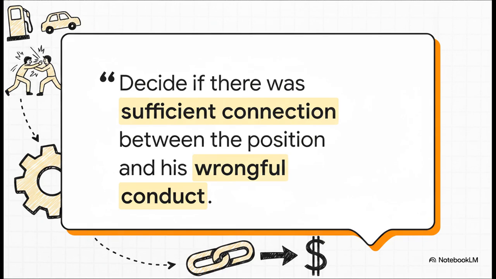And to finish off that second table, we need to ask, what if an employee is just pursuing a personal vendetta? Look at WM Morrison's Supermarkets v. Various Claimants from 2020. A seriously disgruntled employee intentionally leaked the payroll data of 100,000 colleagues online purely to damage the company. The Supreme Court found Morrisons not liable. Make sure you memorize this principle. The employer escapes liability because that wrongful disclosure was an independent personal vendetta. It was not an act closely connected to what the employee was actually authorized to do.